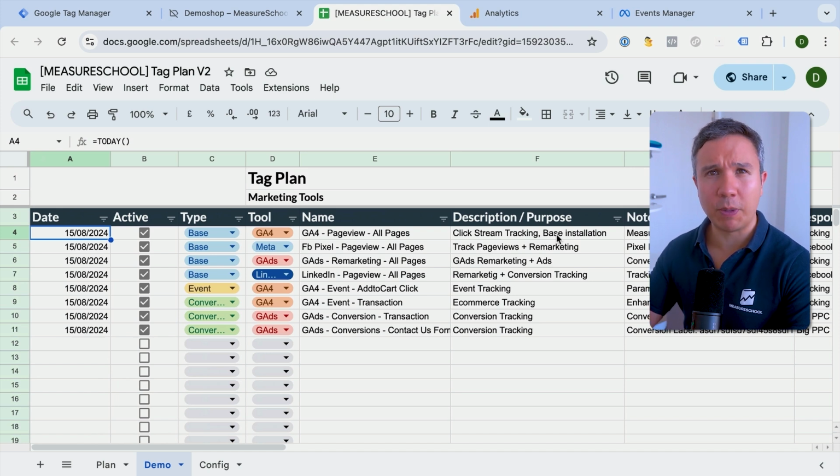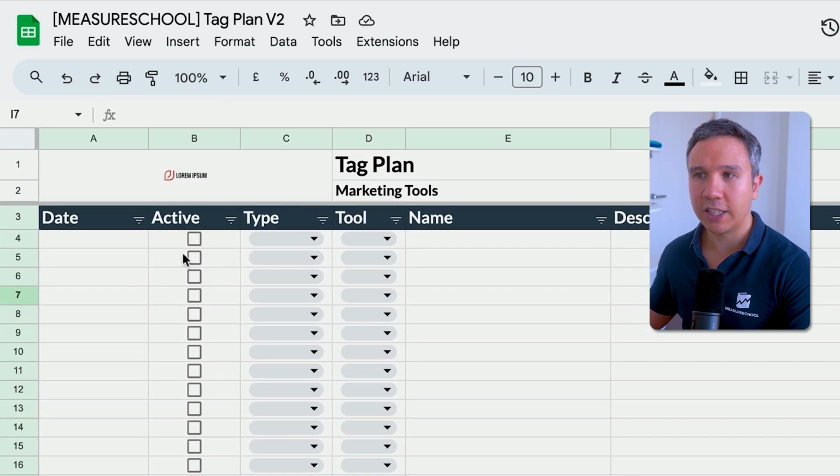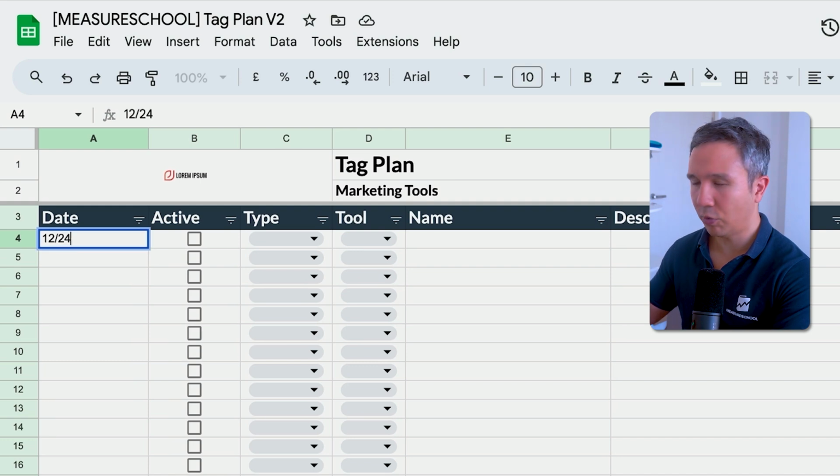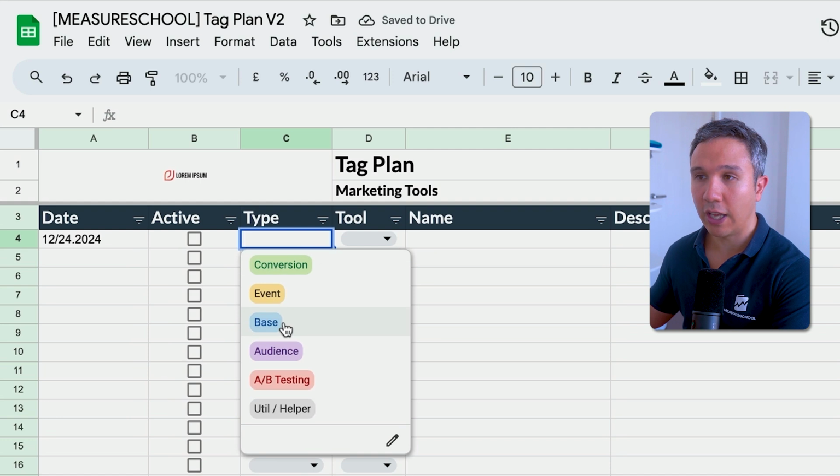Now, obviously this information is also available in Google Tag Manager, but having it outside of the system just makes you so much more secure in what you're trying to do and reference back to it later. So if you go here over to plan, we actually have our little tag plan tool. You can change the logo around here. Then we'll put in the date. So for example, the 24th, 2024, and then if it's active, not yet,